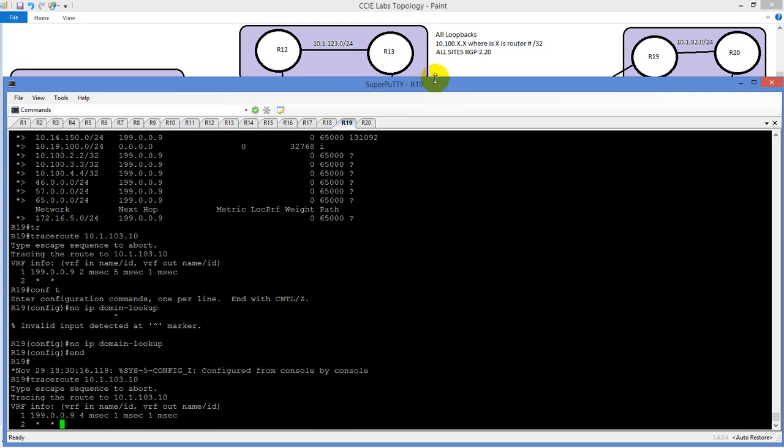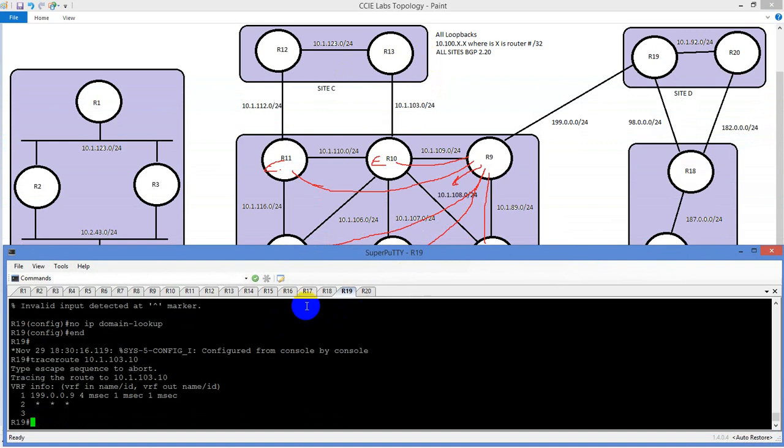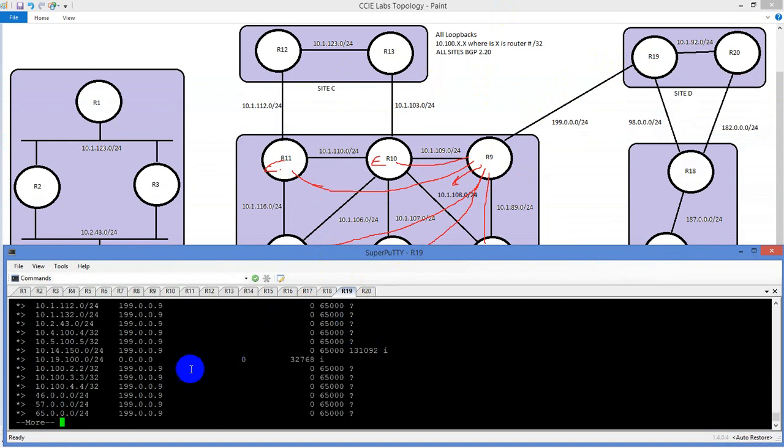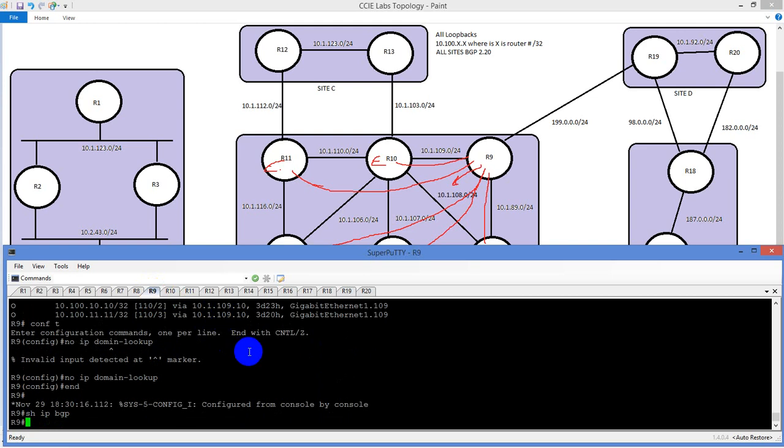Because what we're doing is we have it set up right now to where when it goes from 19 to 9, it gets to 9. So if we were to do a show ip bgp, right, we know what our next hop is. Now when we get to 9, okay, router 9 is going to be our next hop. We get to 9, but when we do a show ip bgp, we got nothing there. So we could take this a step farther and go, okay, we need to make sure that we get to that location. But if we do a show ip route,